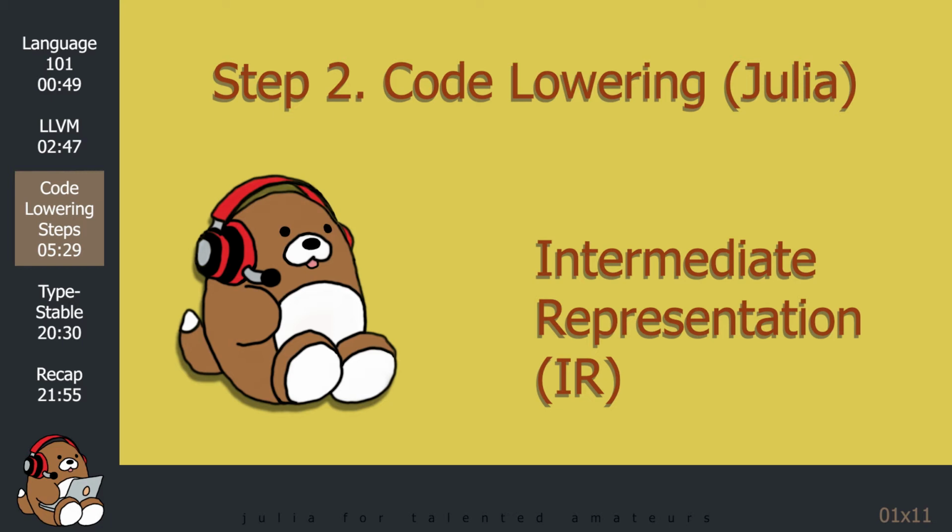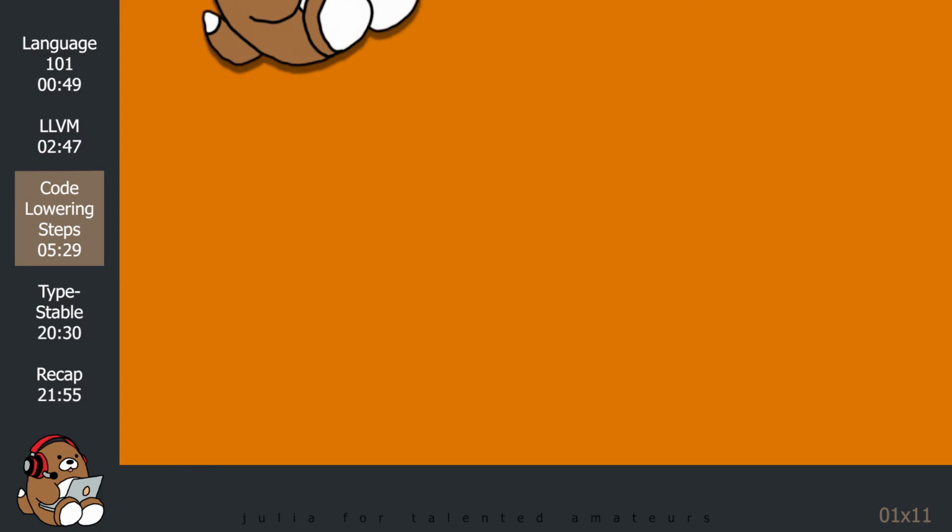An intermediate representation, or IR, is code that is at a lower level than the original source code, but at a higher level than native machine code. As a result, the IR is more difficult for humans to understand, and it's still not readable by your computer. However, the IR is easier to optimize, and LLVM requires an IR as an input. At this point, the IR still resembles Julia code.